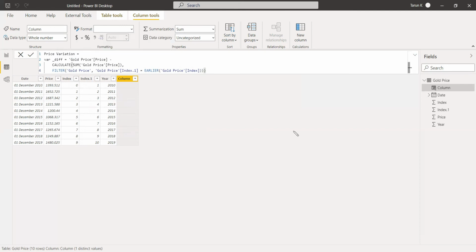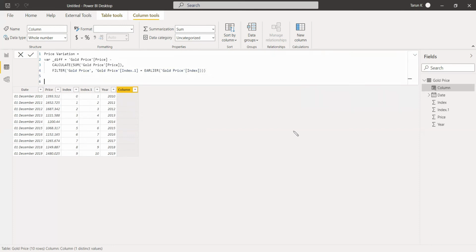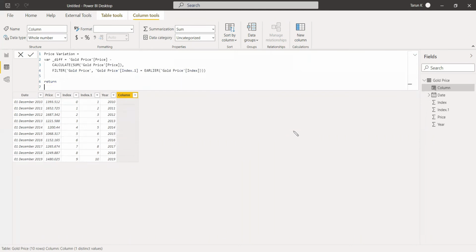Now we have finished this calculation, we have taken the variable, and now we can use the IF statement for writing the first column value.